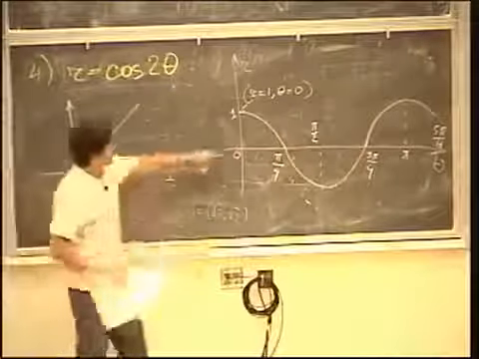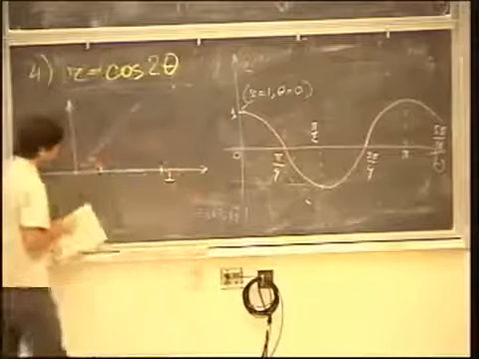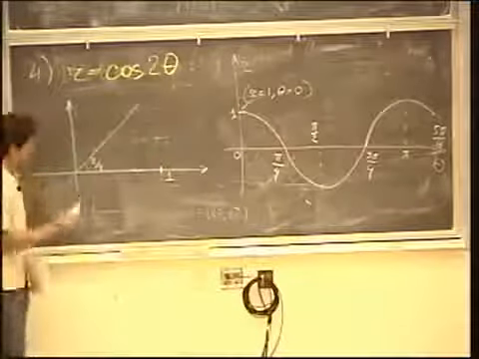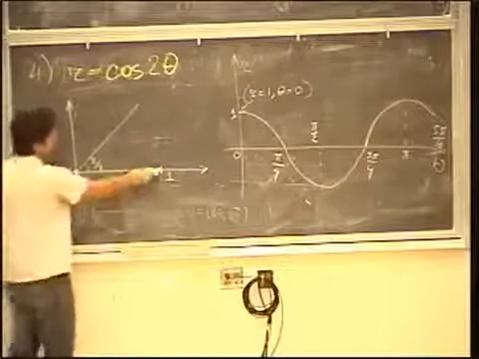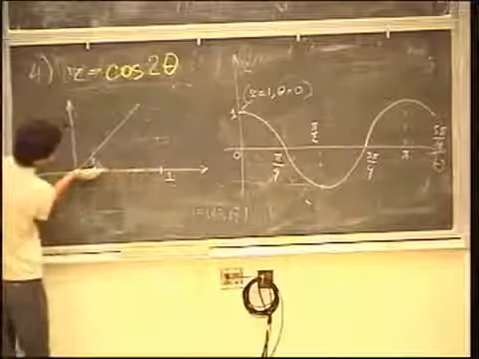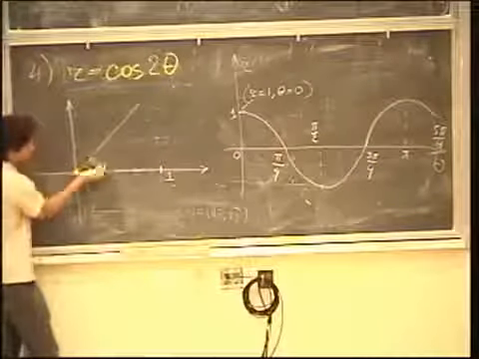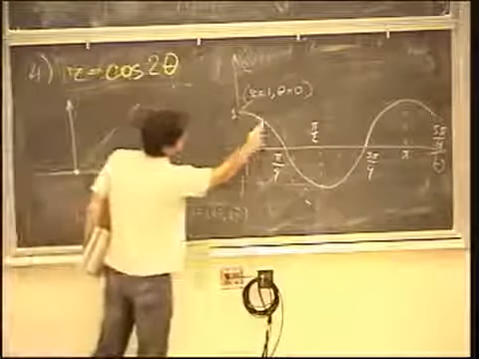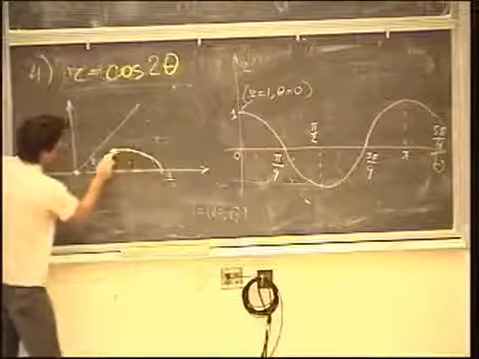So when we reach pi over 4, r becomes 0. And r equals 0, no matter what theta is, as we discussed, the origin. So we start here, and then the angle should increase. We should go from theta equals 0 to theta equals pi over 4. But at the same time, r is going to decrease until it becomes 0. So this is going to look like this,